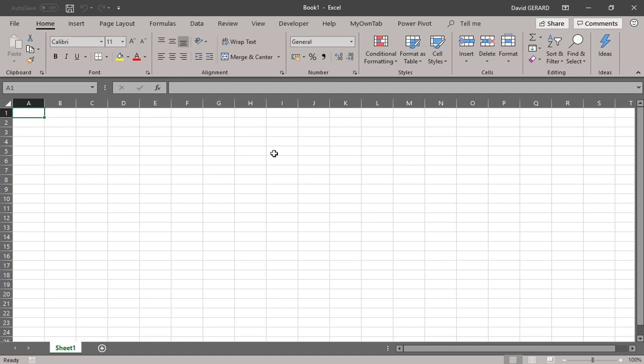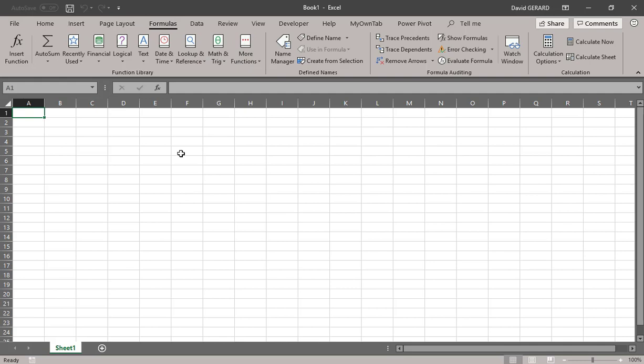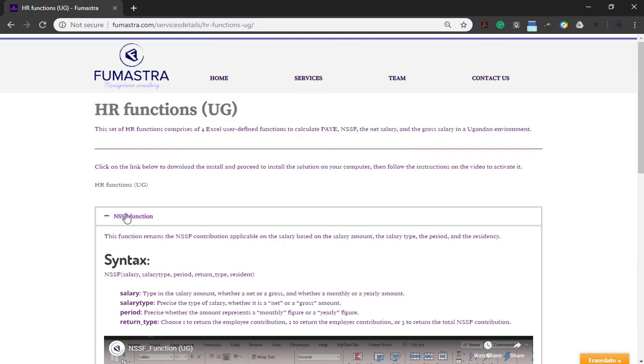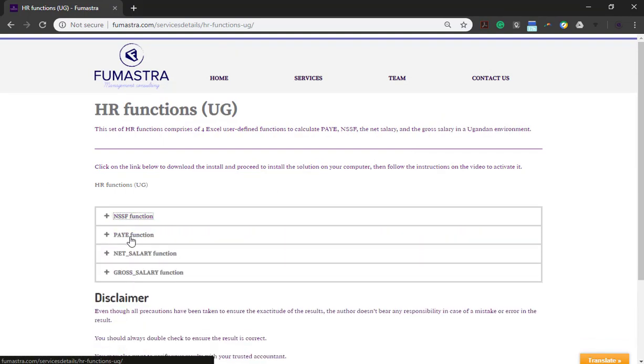Currently in Excel, there are more than 400 functions available in the Formulas tab, but none of those correspond to a PAYE function or NSSF to calculate the different taxes or amounts of money that need to be paid to those organizations. And so we need to use several if statements to calculate those payments. So we have created 4 functions that help calculate the NSSF, PAYE, net salary and gross salary